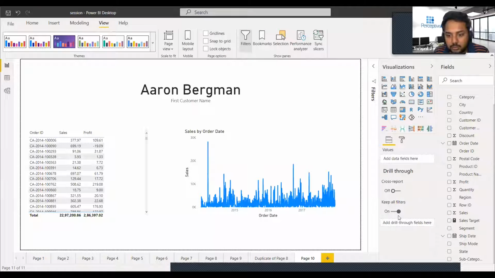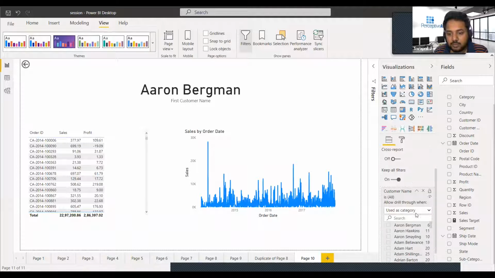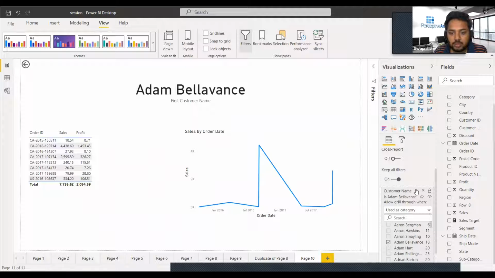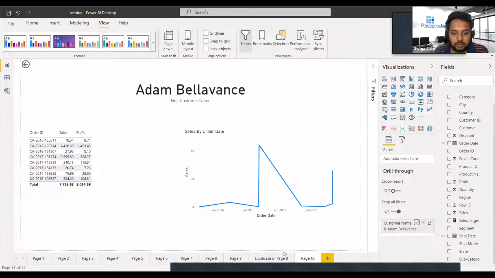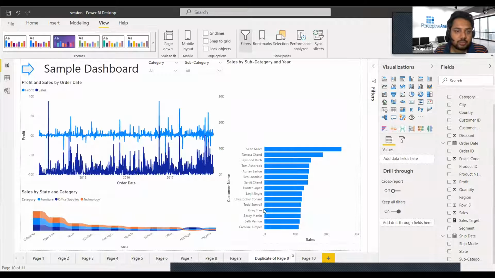So add a drill through field here. We have the option, and if I just put a customer name here as a drill through option, we have to choose one customer for the time being. Let's choose this one. Once we are done with this page, we will go in here. We have our customer names in here. We'll insert a button in it.